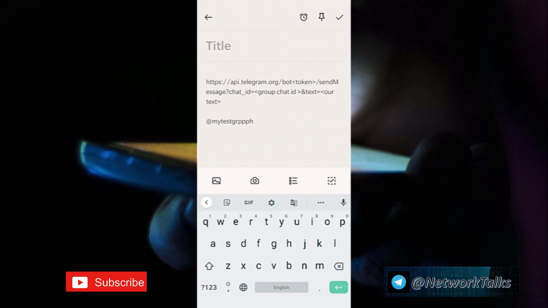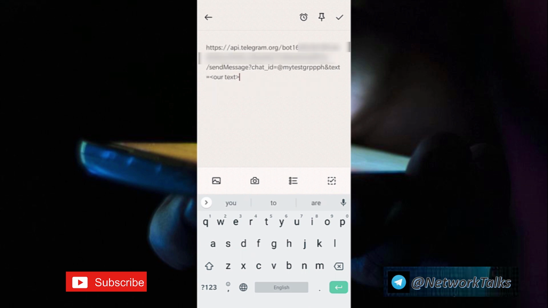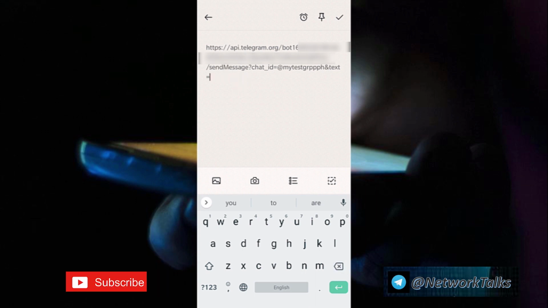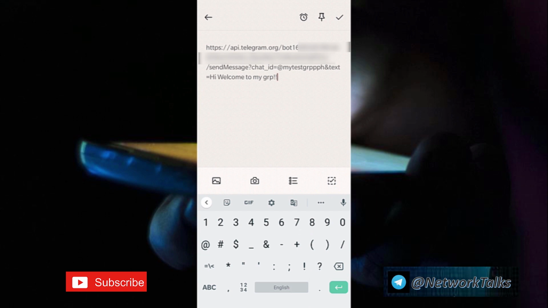Now I will paste the bot token as well as the group chat ID in the syntax. Now in this text section I am going to add my customized message. So I am adding the message as hi, welcome to my group. Okay, now I have added the message.